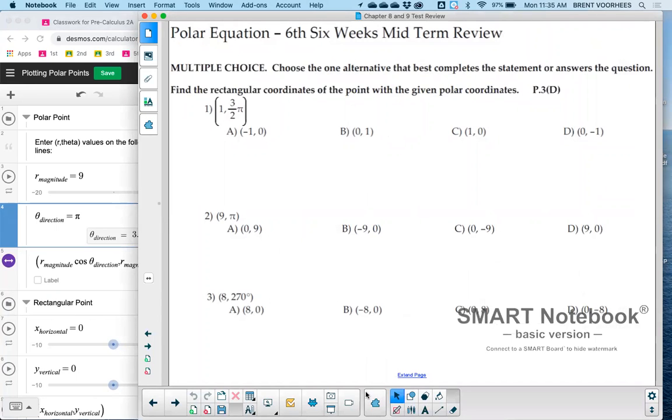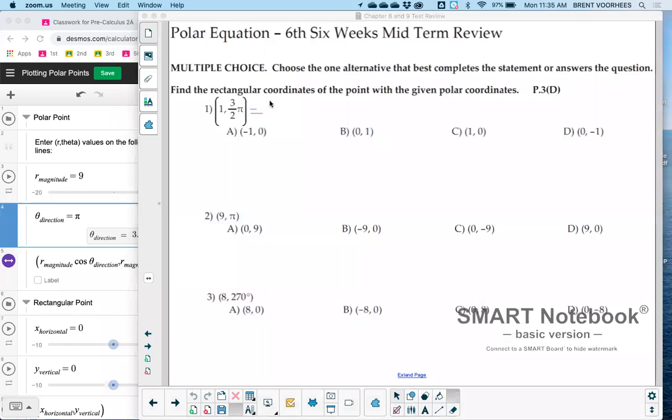Let me go ahead and write that on there. So this point is equivalent to R. I'm sorry, like I said, I don't have my writing tools at home, so I'm just having to write with the mouse. It's a little bit harder. It's in the polar form is R comma theta. So R is 1, theta is the 3/2 pi. On this problem, R is 9,